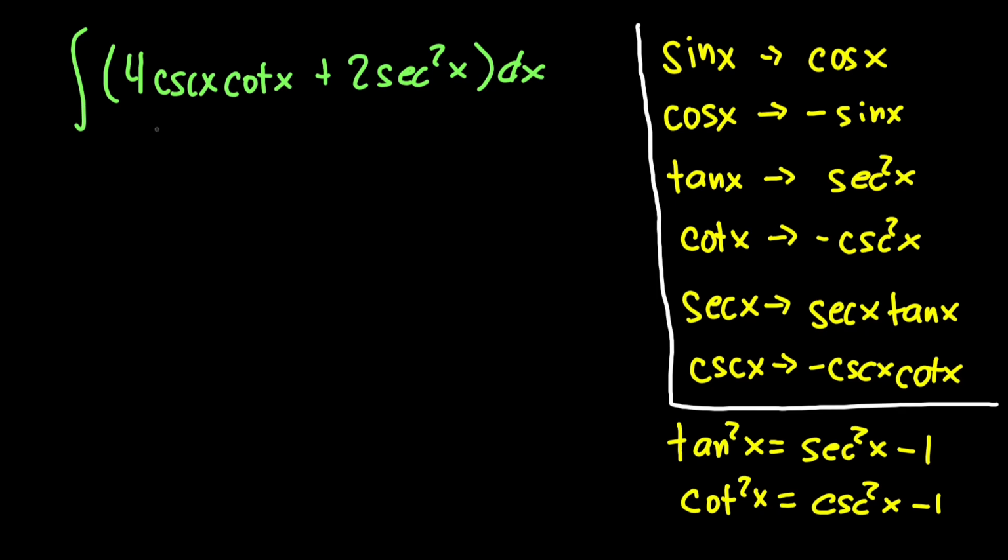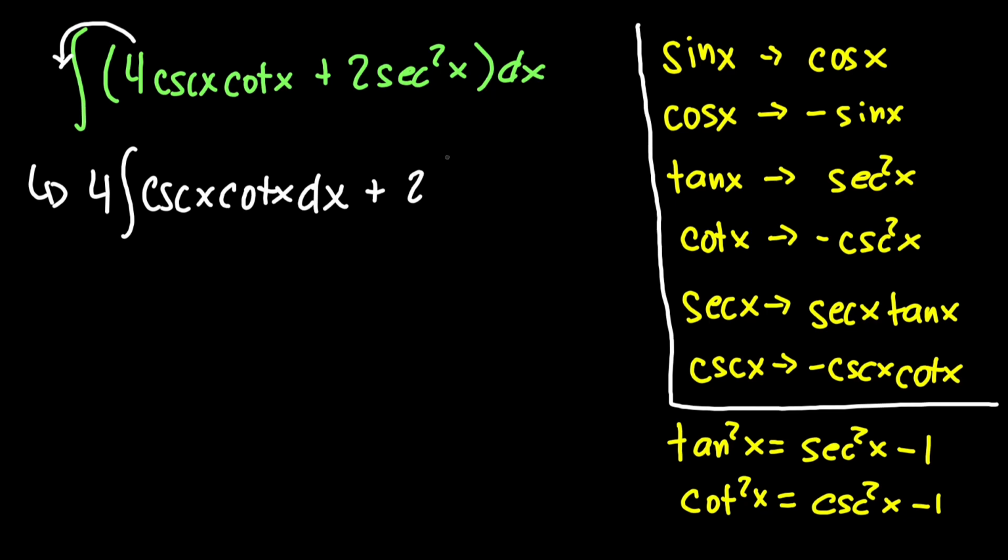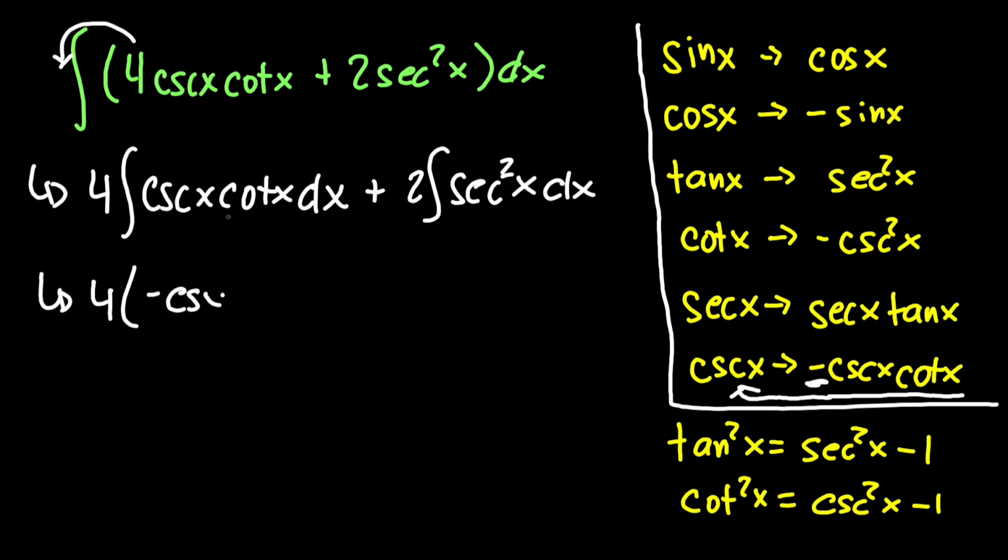And so split this integral into two parts. And so we can actually automatically move the constant outside the integral. So this would be 4 integral of cosecant x cotangent of x dx plus 2 integral of secant squared of x dx. So focus on this, the integral of cosecant x cotangent of x. The integral of this would be equal to cosecant x. But since ours is a negative, this would be negative cosecant x